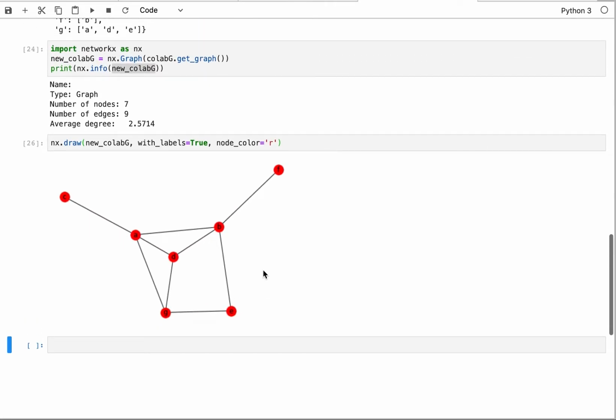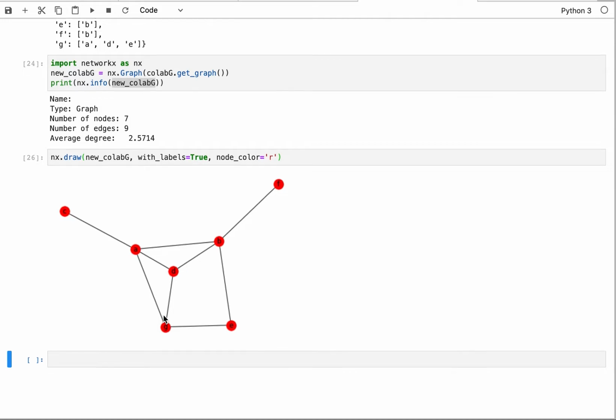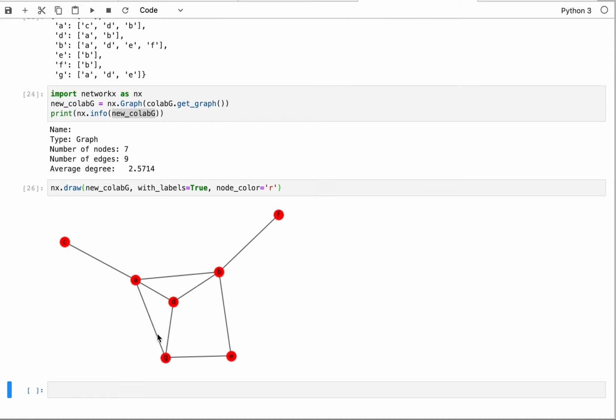As you can see, the G here, this is the new one, it connected us to the A, and connected us to D, so it created this triangle here, and it also connected us to E, this one here. So E is new, and D is new, and A is new. So 1, 2, 3 edges were added. So let's take a look at the previous one,